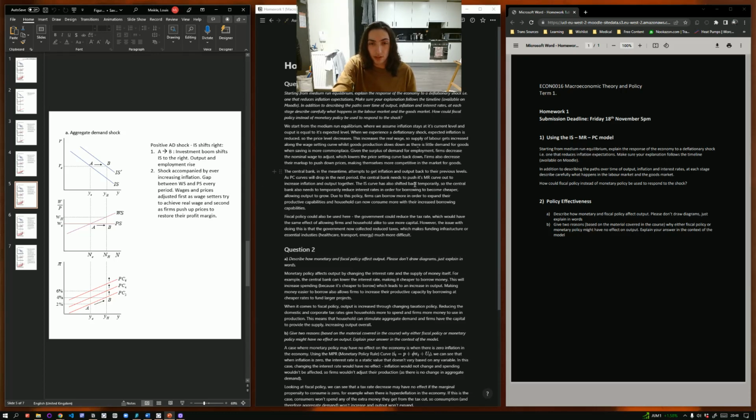Now, the central bank can counteract this, essentially, by pushing out onto a further MR curve, something over here. Because we've got a family of PC curves, we can actually do this. So the monetary policy curve is going to be out here, and it's going to suggest that out here, perhaps at this level, we've got a level of output and a level of inflation which are preferable for us. So we're going to pick that along our PC curve.